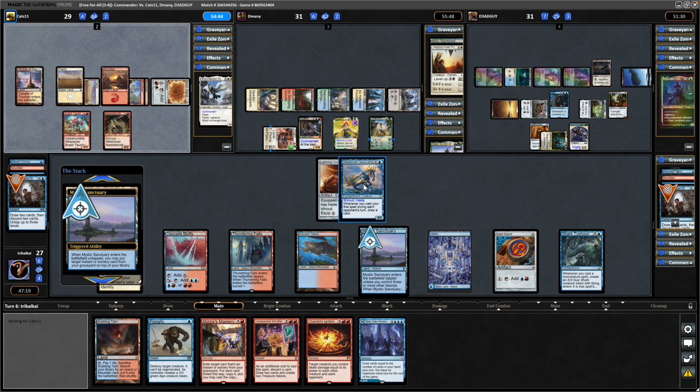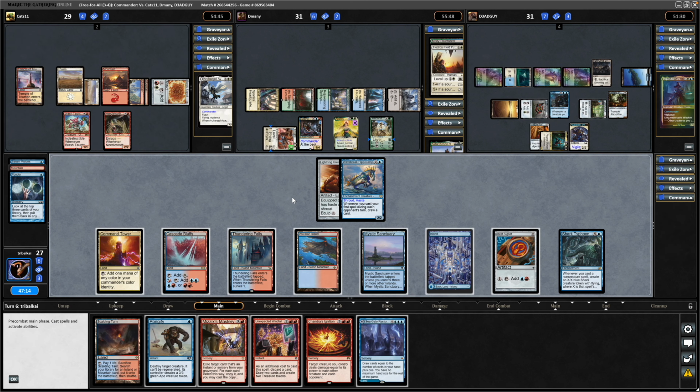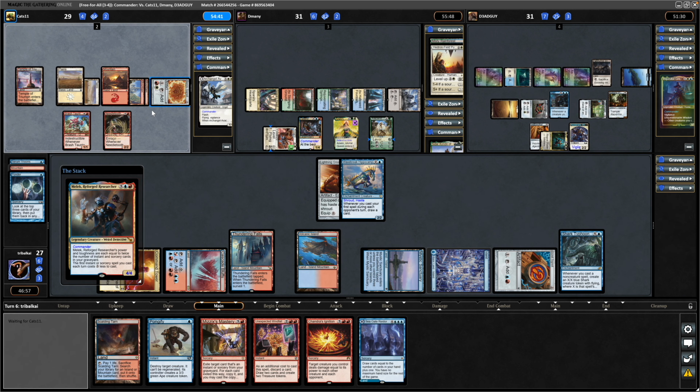And we can put the Frantic Search on top of the library, simply to let us look at more cards. And we'll continue to get card advantage from the Hippocamp as well. So that is now on top of the library. We'll play our commander. Boros player is holding up priority. Oh, of course we've got...